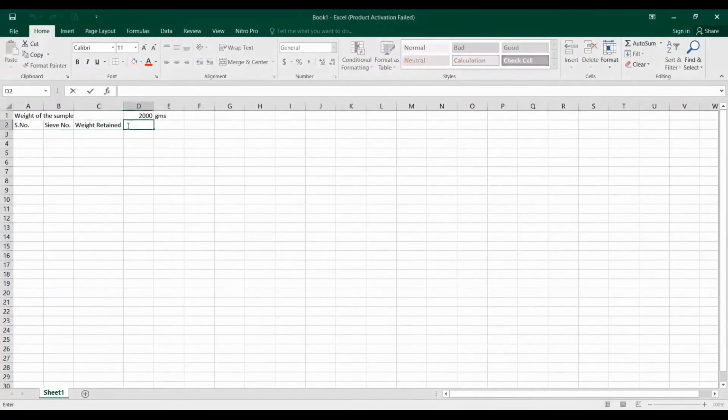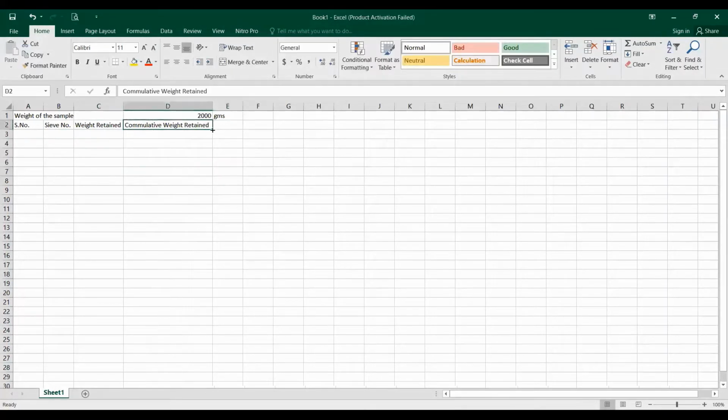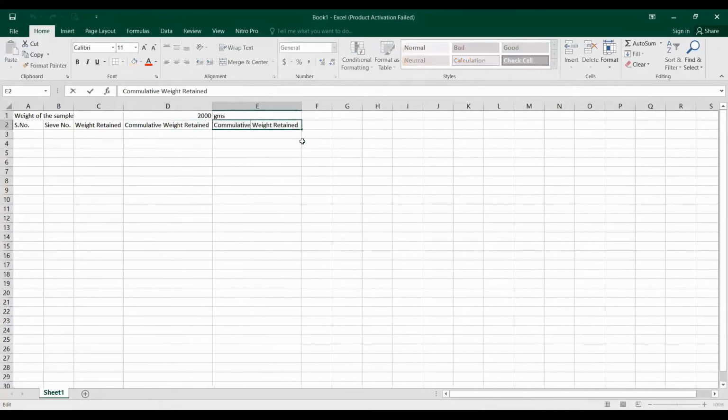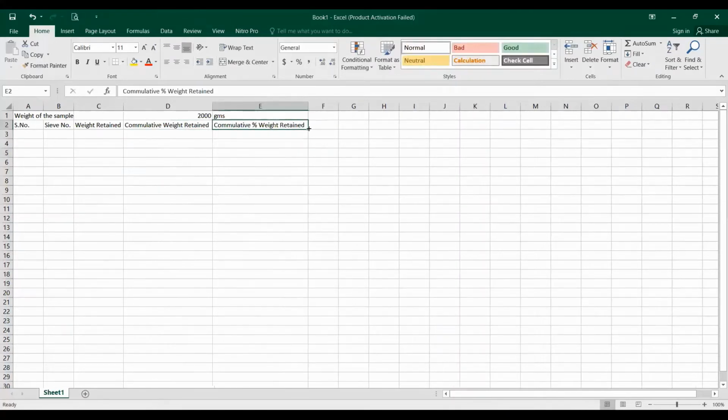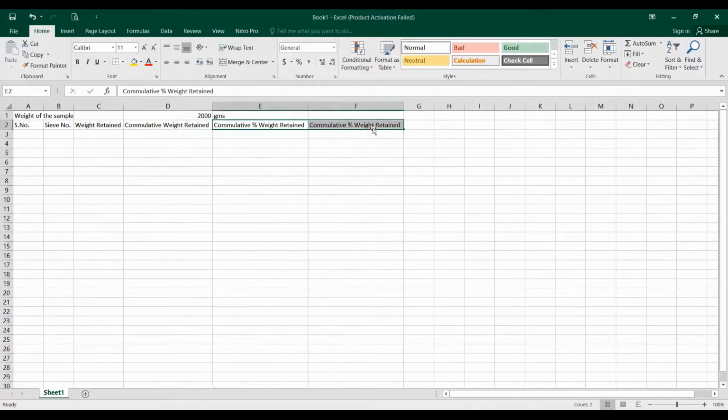Then weight retained, then cumulative weight retained, then cumulative percentage weight retained. You can put a percentage sign or write the percentage over there.